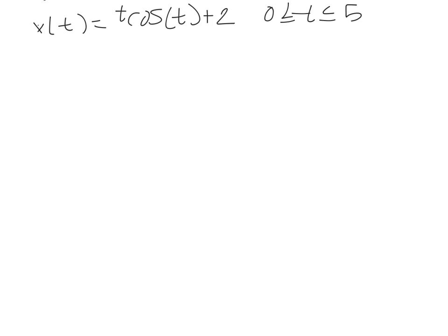Okay guys, so we're just going to do a quick, well, it won't be quick, it'll be about 10 minutes, but an example of a motion involving a trig function. So in this case we're going to say we have a particle moving along a line according to the equation x of t is equal to t cosine of t plus 2, where t is the time between 0 and 5, and we're going to measure time in seconds and our position